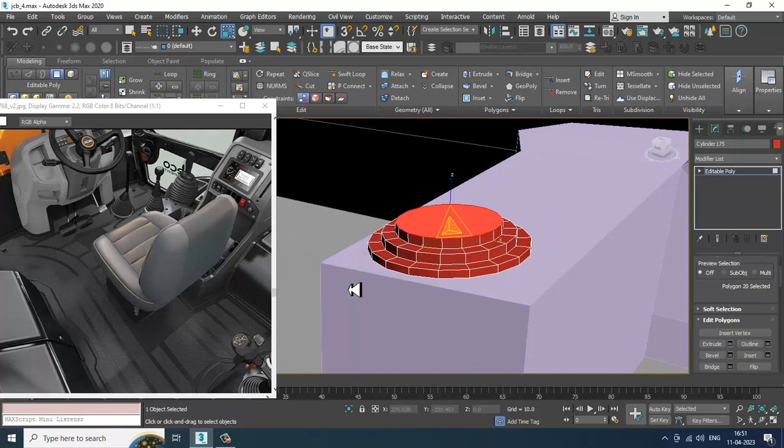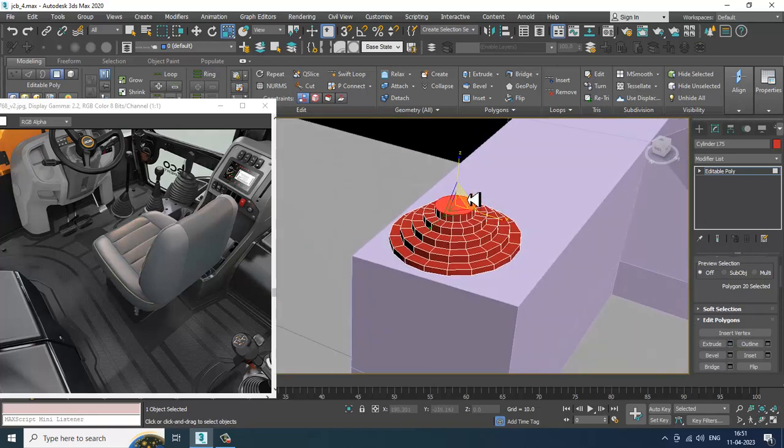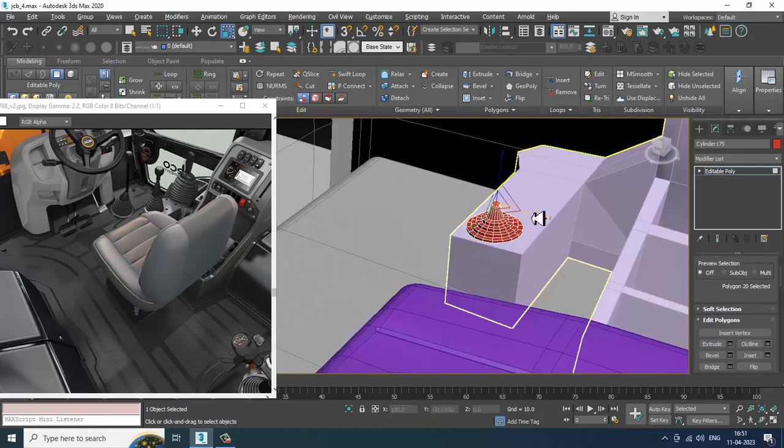So we'll be creating something like this. Again insert, extrude, and again insert and extrude over here. So push this up, slightly scale this over here in this way,